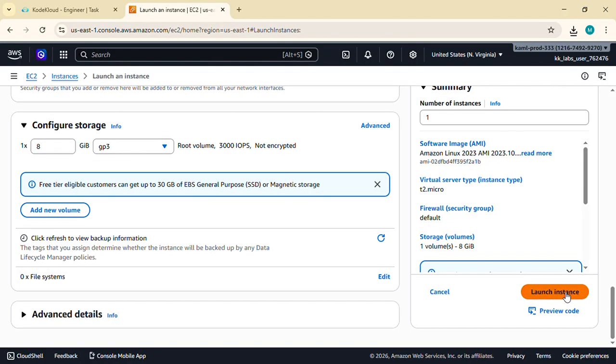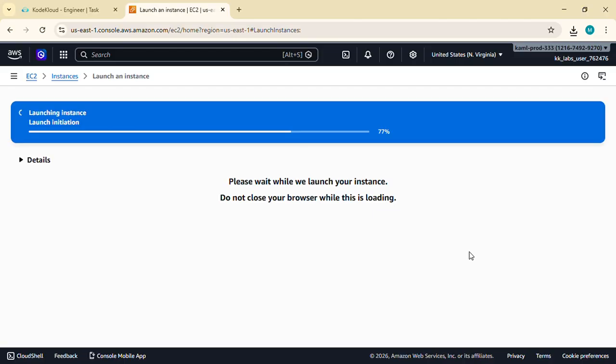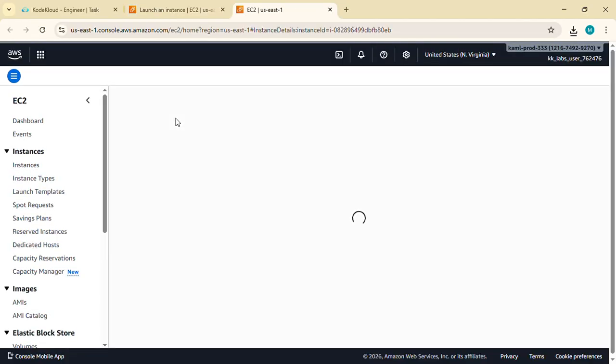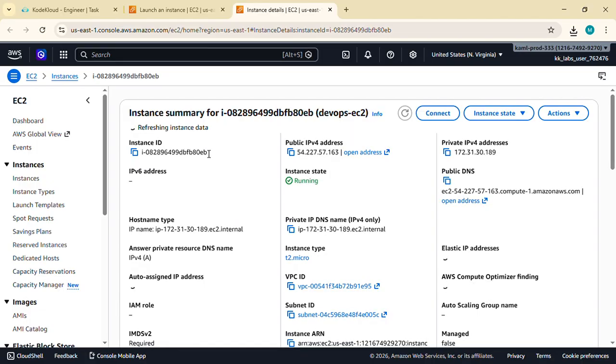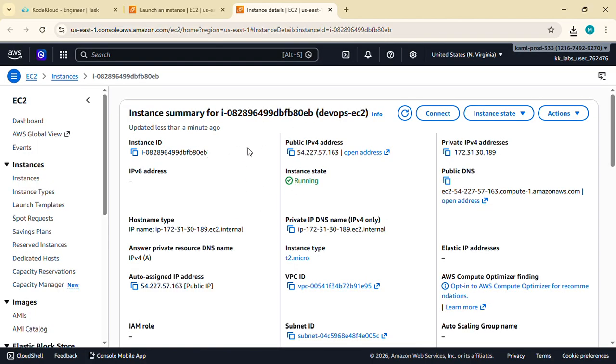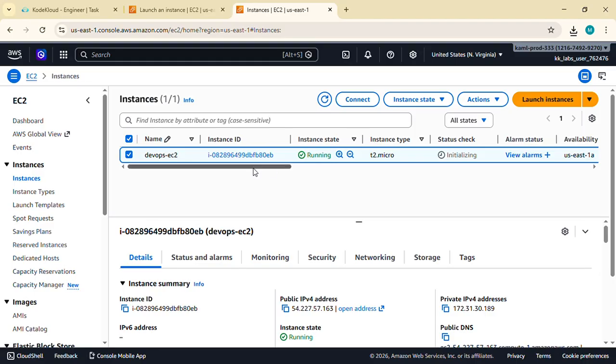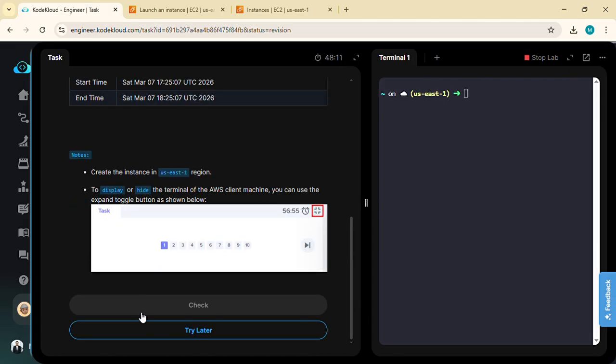Click on launch instance, verify the creation of the instance, and here our instance has been created and it is in running state. So let's verify the task. Yes,